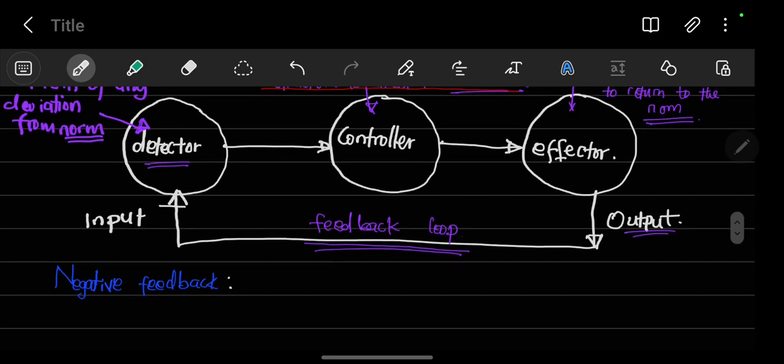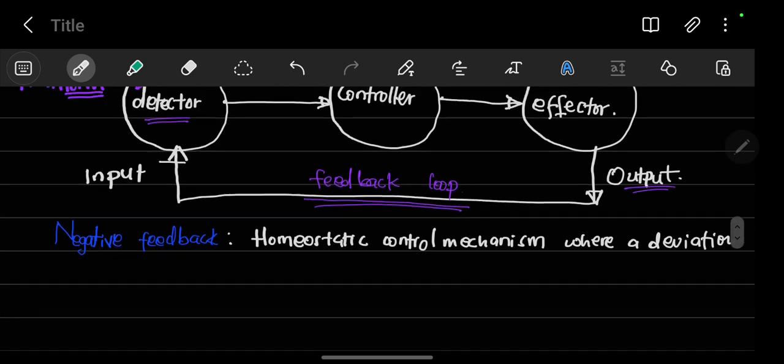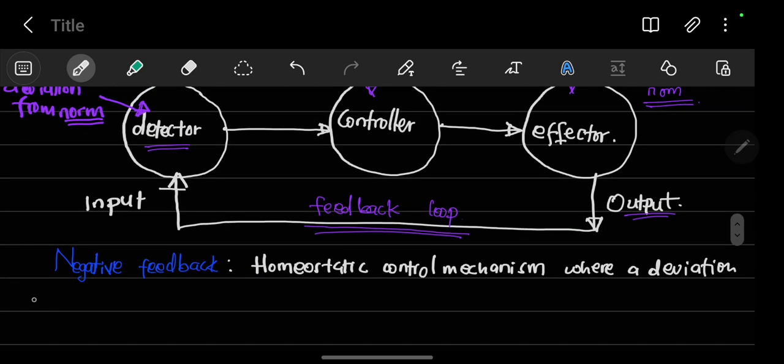So our definition is going to be, first, we have to identify that it's a homeostatic control mechanism where a deviation